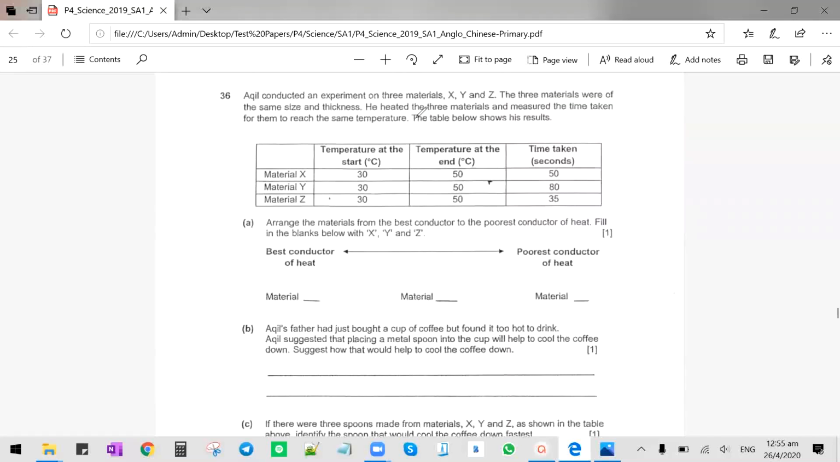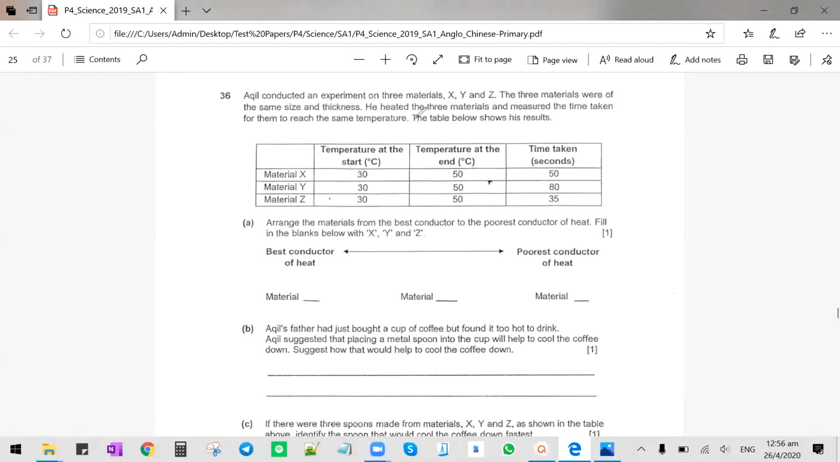Question 36. Azil conducted an experiment on 3 materials, X, Y, and Z. They were of the same size and thickness. He heated the 3 materials and measured the time taken for them to reach the same temperature. Table shows his results. So arrange the materials from best to poorest conductor of heat. Okay, so you can see material X. Temperature at the start is 30, temperature at the end is 50. Okay, same as the other two. But the time taken for X is 50, time taken for Y is 80, time taken for Z is 35,